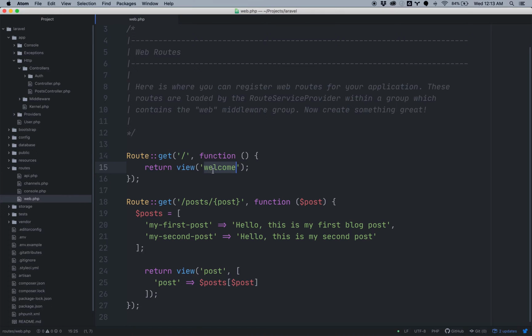Actually, it's not a view file. Where is it at? Blade files. So blade file, yes, it is a